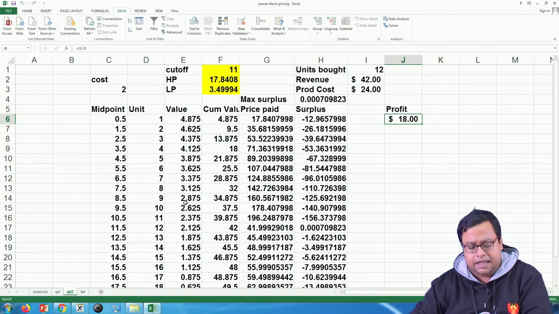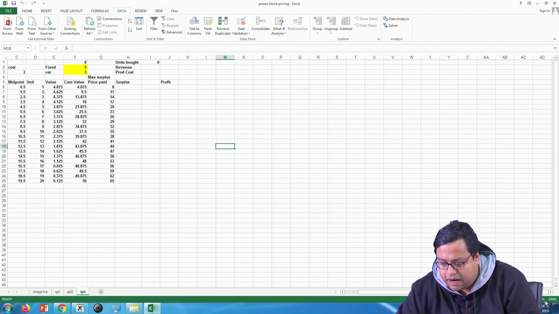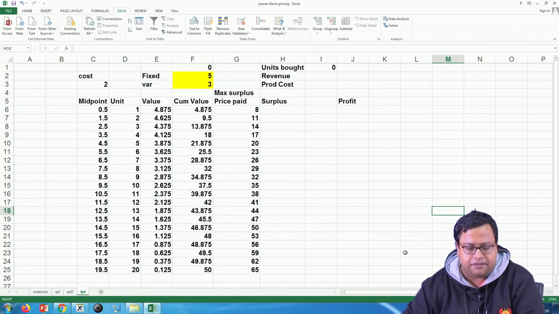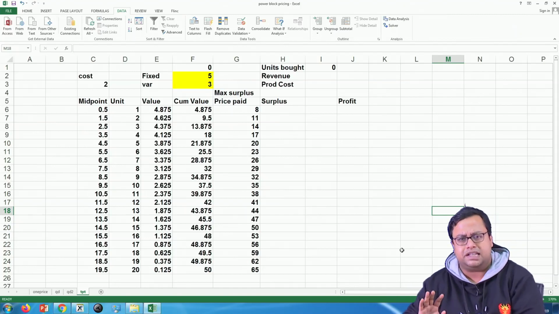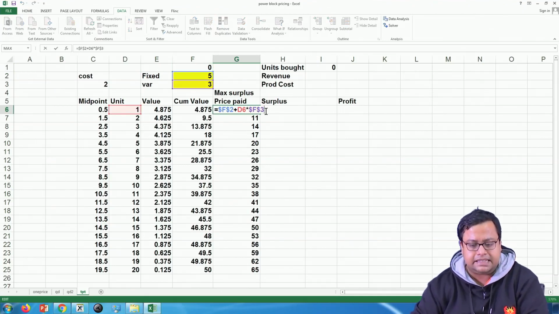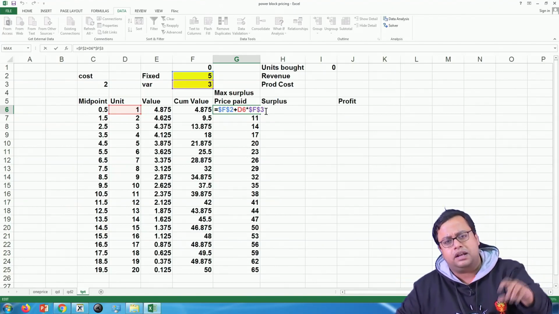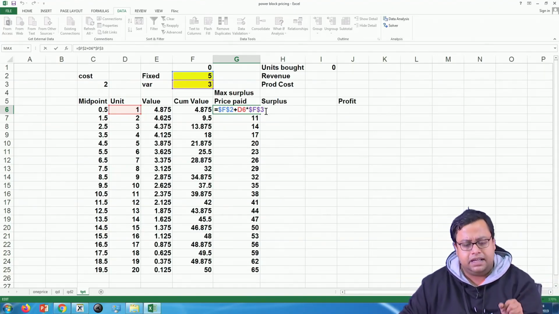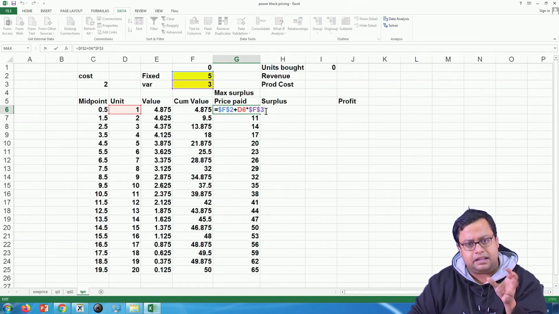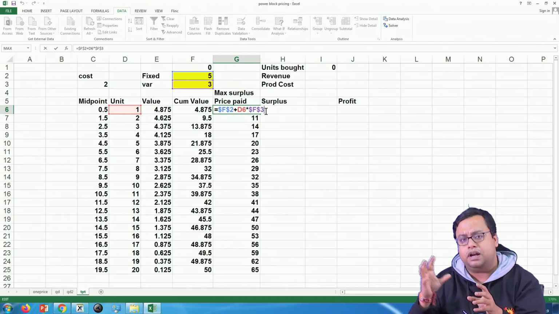Then the last type, which is also very common, is called two-part tariff. Now, what is two-part tariff? Everything remains the same, I have changed nothing, but here there is no cutoff value; the cutoff is 0. The price is basically F2 plus D6 into F3. That means F2 is the fixed component, whatever you consume you have to pay that, and D6 into F3 is the variable component. Now, in some places the variable component is also a little bit subsidized.